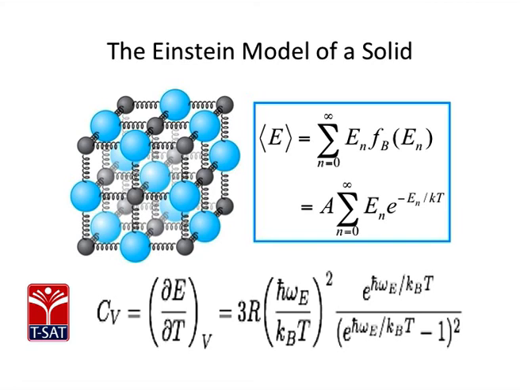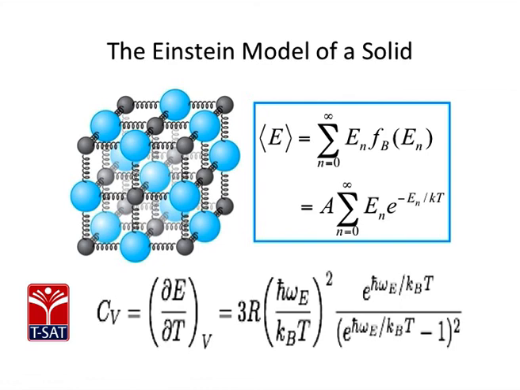Fb is a fixed one, which is equal to A sigma n equal to 0 to infinity En e to the power of minus En by kT. kT is the classical amount of energy. Now, Cv is written in the form of dou E by dou T, that is the change of energy with